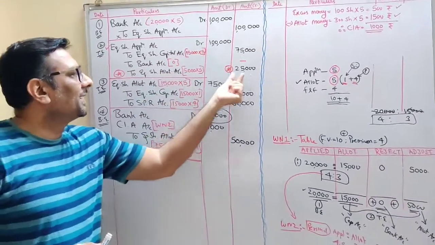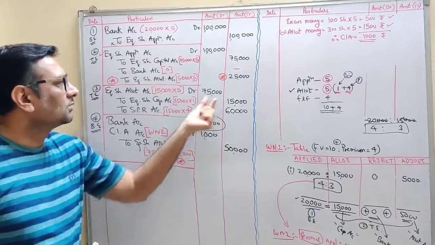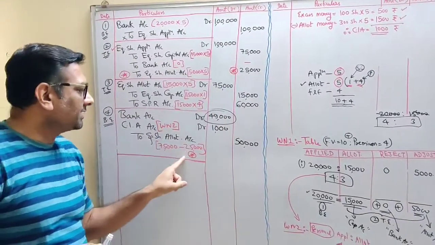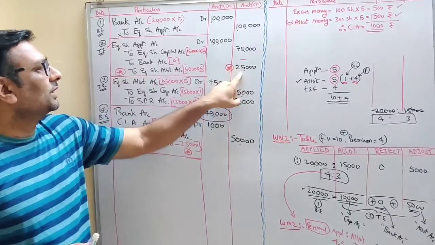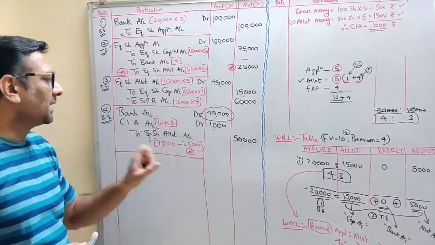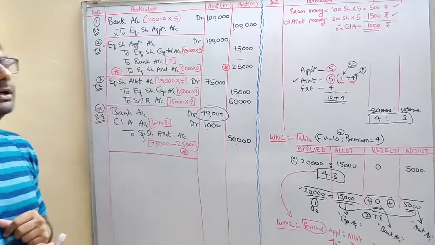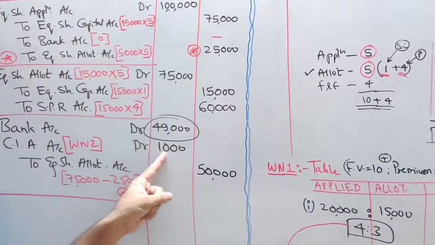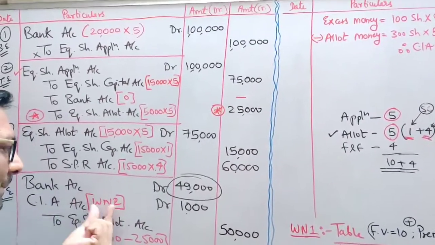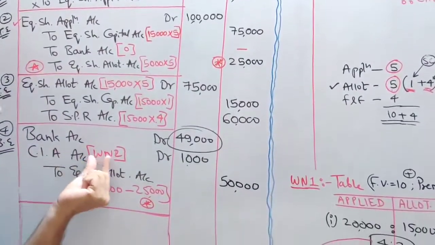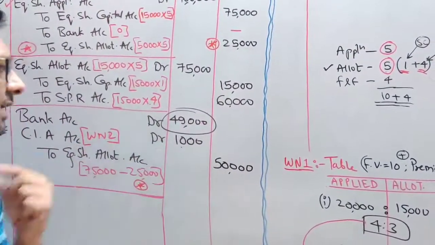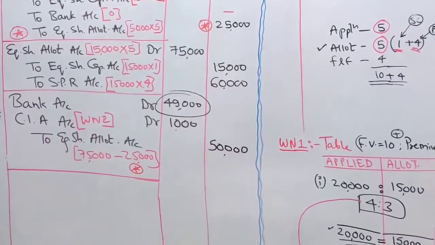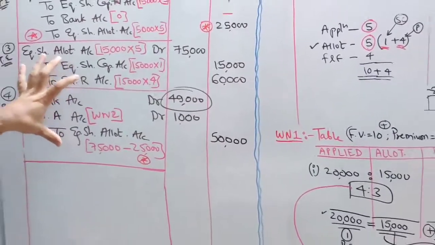How much amount is to be adjusted? 25,000. I have put an asterisk here and also here for your reference. So you have to remember to adjust this money, and then you write the remaining amount which is expected from the shareholder to pay. But one shareholder, Mr. Ashutosh, didn't pay the arrear money. For that you did working note 2 to get the arrear amount. Am I clear with this? Now, we are done with the allotment's 2 entries.